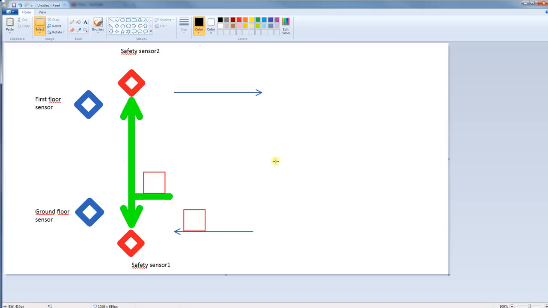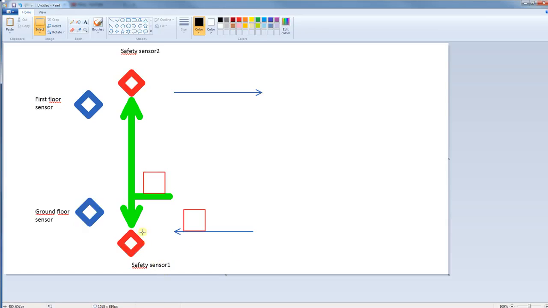Hello, I have here a simple lift and I'm going to write a simple application in STL for this lift because I want to illustrate elements of STL which were in the previous lesson. So it will be a simple application based on set, reset, AND operation, OR operation, and simple assignment. So